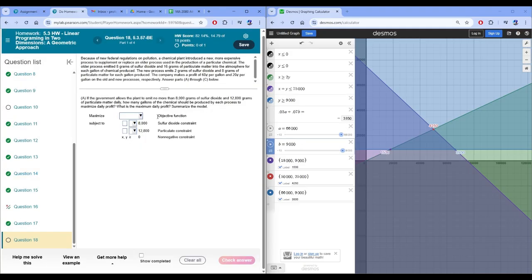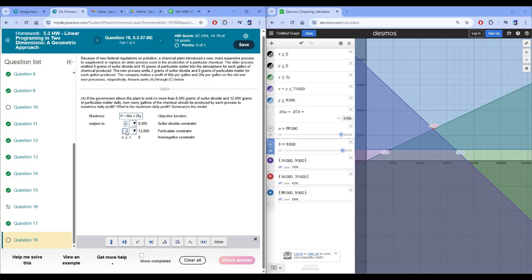And there we go. All right, now this is the last question. The government allows the plant to emit no more than 80 grams of sulfur oxide and 12,800 grams of particulate matter daily. How many gallons of the chemical should be produced by each process to maximize profit? So I want to maximize 60 cents per gallon and 20 cents. So then that should be 60 and 20, subject to